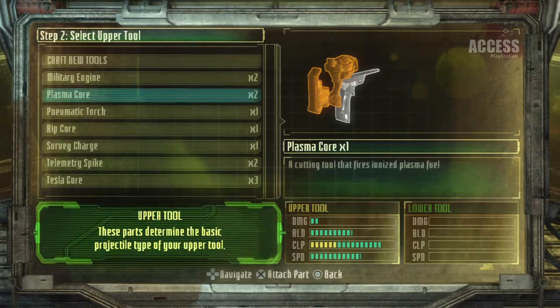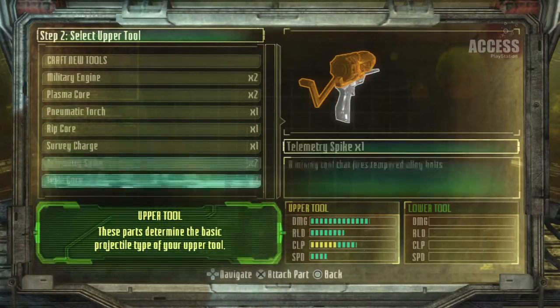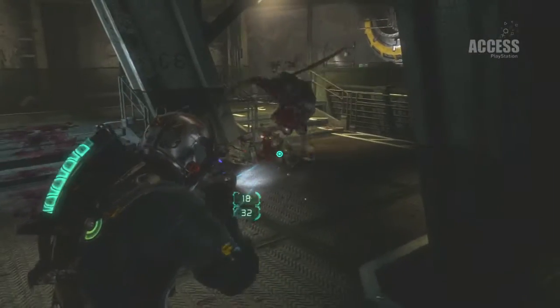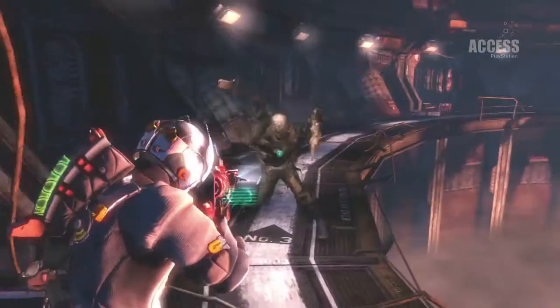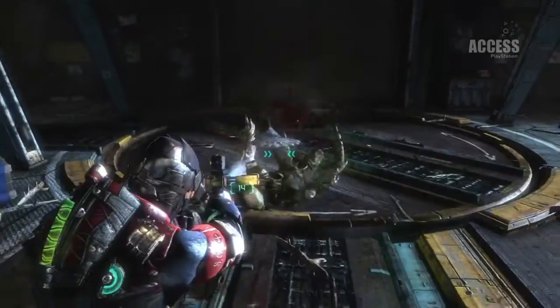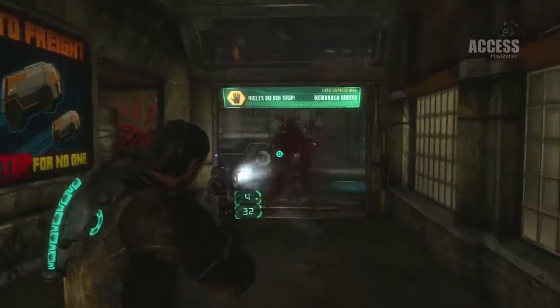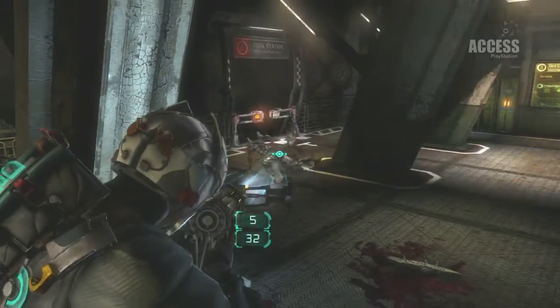Tools. Tools make your gun fire. They determine what type of weapon it is and what effect it has. There are 7 basic types. The military engine, which makes conventional army style guns. The plasma core, which makes kinetic energy weapons. The pneumatic torch, which makes flamethrowers. The rip core, which makes a tearing machine weapon. The survey charge, which makes explosive weapons. The telemetry spike, which makes javelin guns, and the Tesla core, which makes laser cutters in the style of the